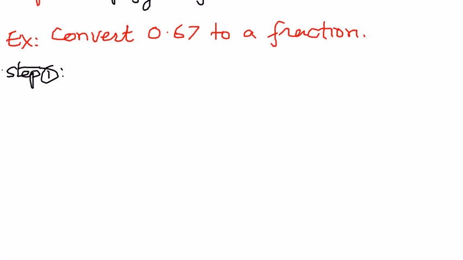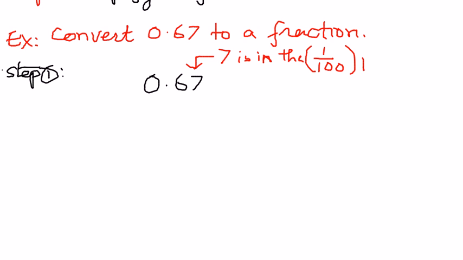Let's write it down. In 0.67, 7 is in the 100th place. Let me write this in red so that we know what we're talking about. The number 7 is in the 100th place. We can also think about it as the 1 over 100 place. So therefore, in step 2, the way we mentioned the procedure was, we write